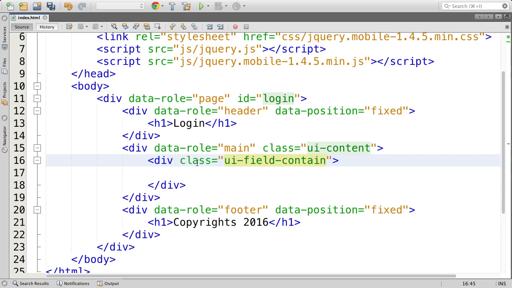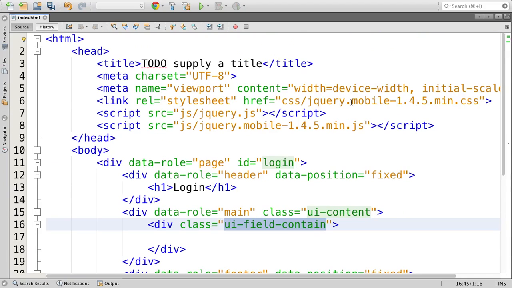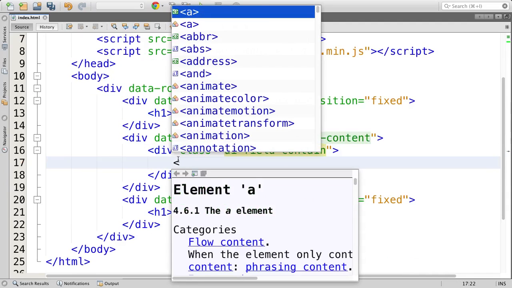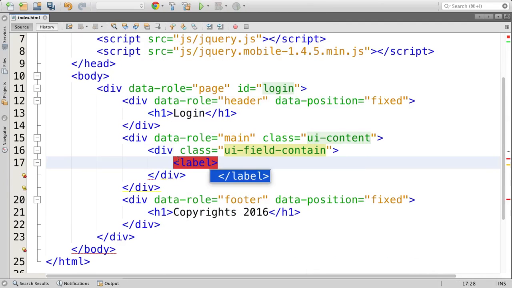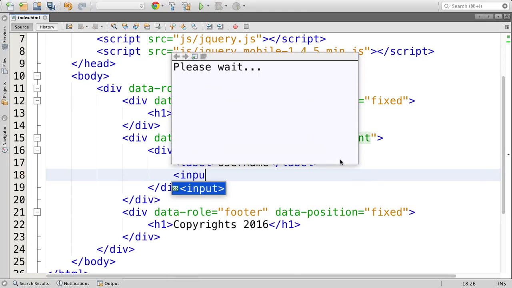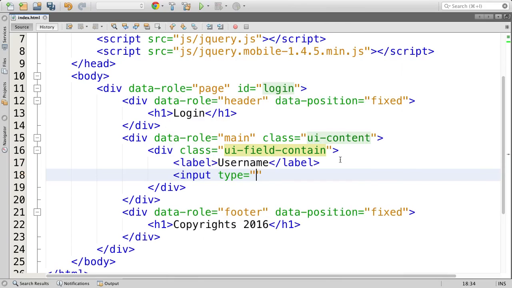So if you want to integrate them and refer to them as a group, you can define a div which has the field container class selected, which is a part of the CSS which is there here. So I can group them wherever required. So let me create a label. Type text. This is pretty much the same convention of